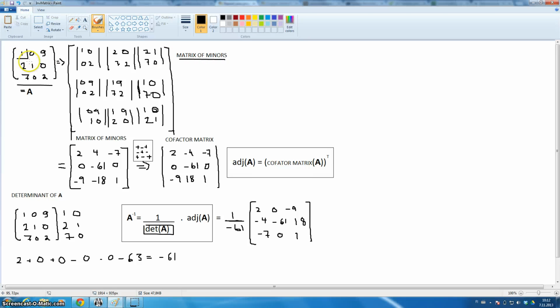So here in this case, it's the determinant of these elements' matrices, and this one is an element of these ones, and so on, so forth. And by this we have a matrix of